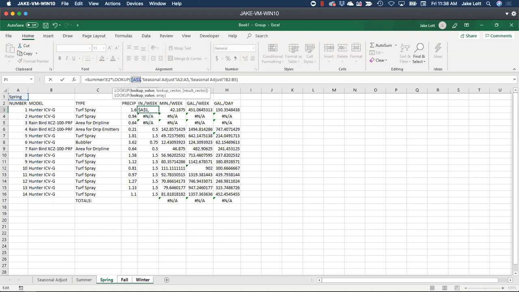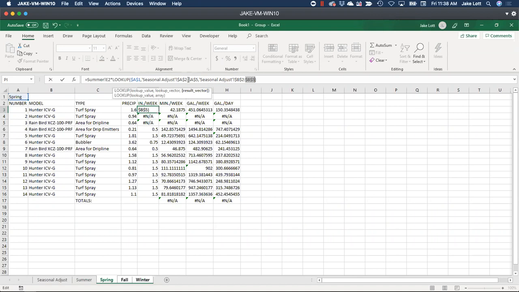Those dollar signs mean it's going to lock in both column and row. If I press F4 again, you can see that it toggles between the different versions: none, all, just the row, or just the column. I want it to lock both. I also want to lock both of these because that's never changing. That little area there is never going to change.